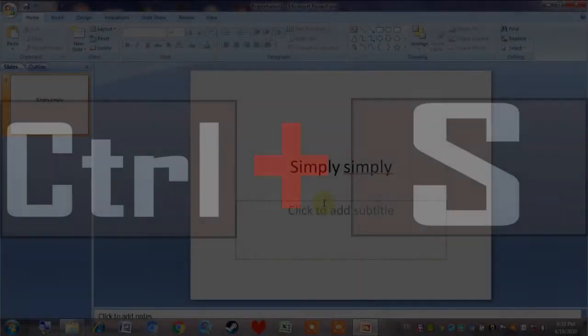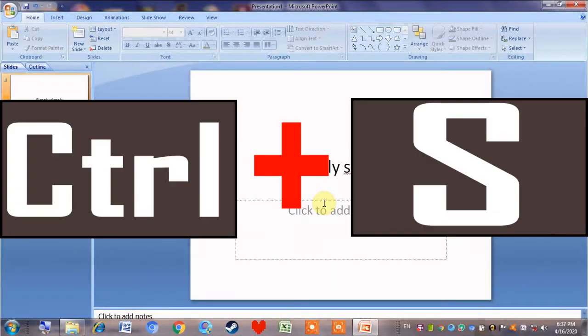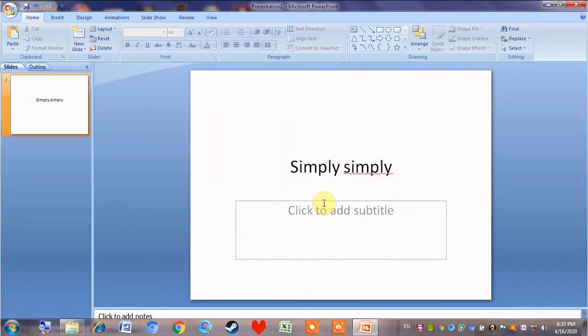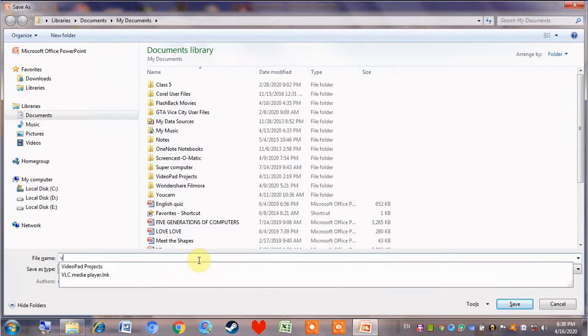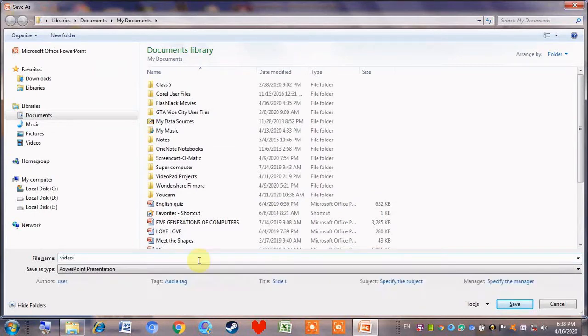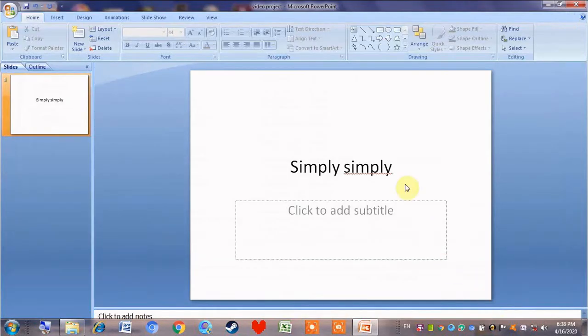Fifth shortcut, Ctrl+S to save a presentation. So let me press Ctrl+S. Let's give it a name, video project. Then just save. This is used to save presentations much faster. So next shortcut, sixth shortcut,